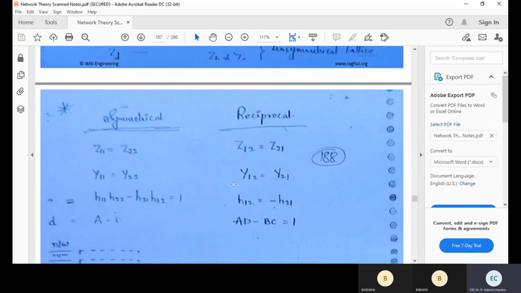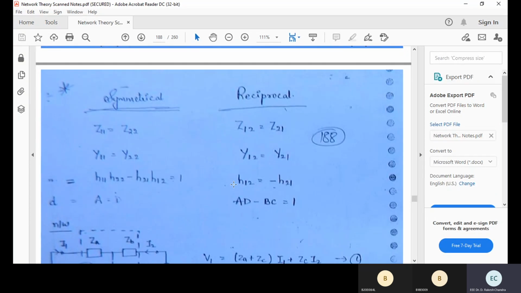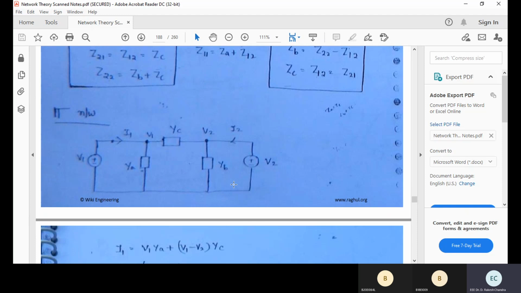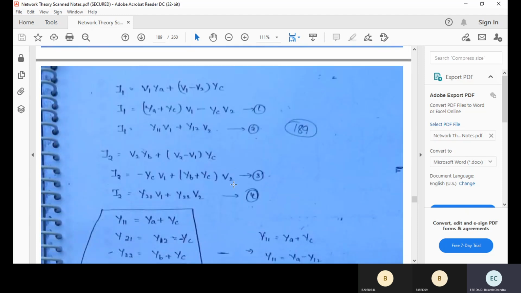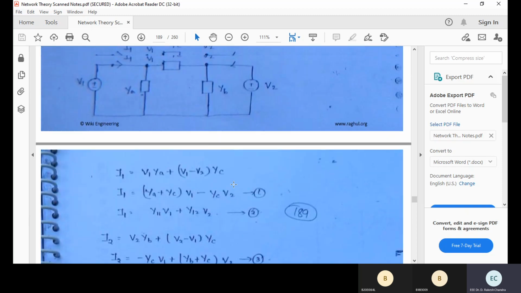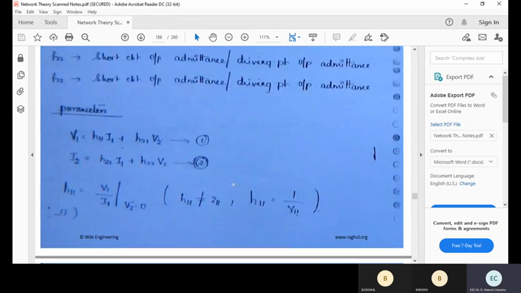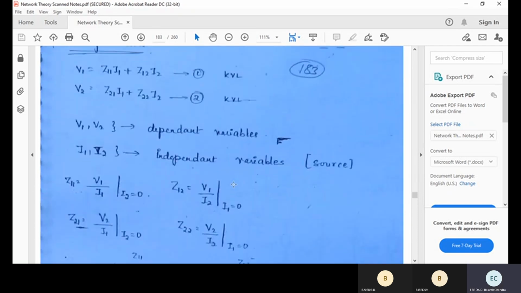So these are the 4 parameters that we are having. Your impedance parameters, admittance parameters, hybrid parameters, inverse hybrid parameters. These are the 4 types of parameters that we are having. So based upon that, we can solve the equivalent circuits. Sometimes in the competitive exams, they will give a network, calculate Y21 or Y12 or entire admittance parameters and make it a matrix, admittance matrix, impedance matrix. Any of such questions they can ask.